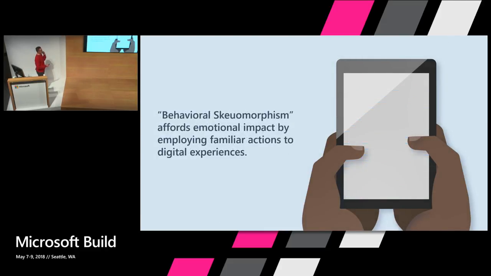But we're actually exploring something that I like to call behavioral skeuomorphism. And the e-reader is a great example of this. If we evolve traditional visual relatability to the ways that humans move and work in their daily real-world lives, things like holding a book in your hand connect you to that digital content in a different way than, say, if you were reading that book on your laptop or even on your phone. Because that's what we're used to. We have that relatability with books, and we carry that into the digital world in the same way.